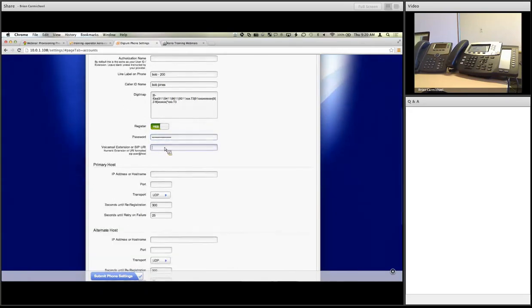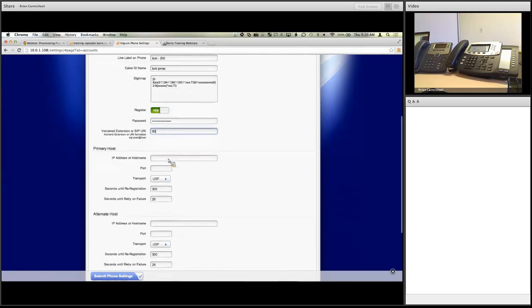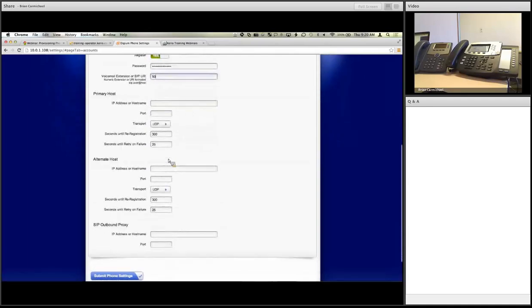The voicemail is extension 50, that's the default, so if you've changed that, you'll want to make sure to specify what the correct voicemail extension is. So now we're going to set up the host. So this is where I was talking about the server address and then the username and password, which we just previously defined. So in my local environment here,